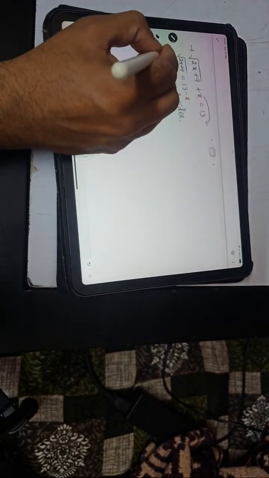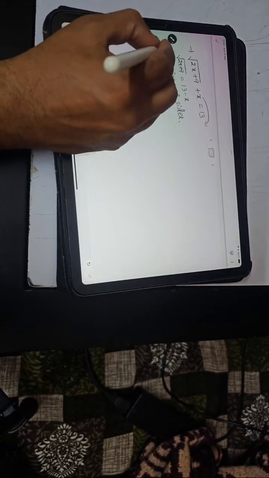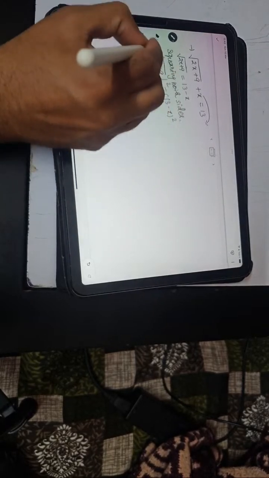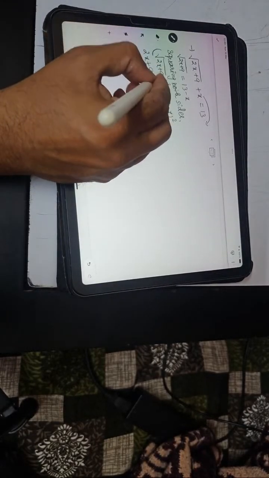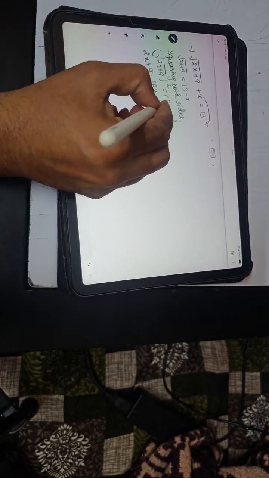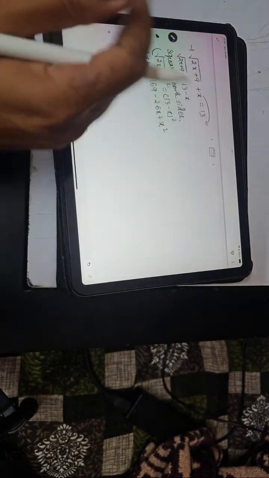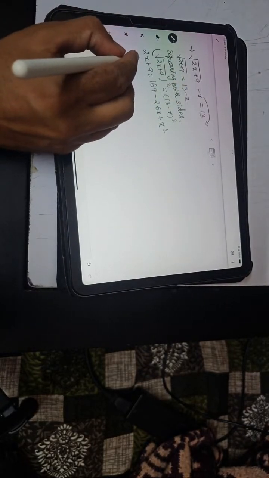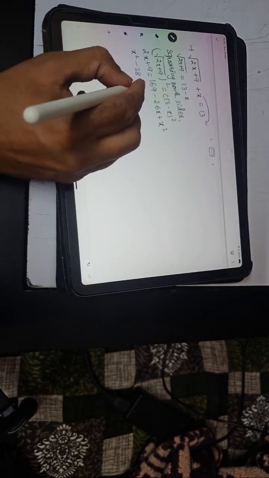So can I say (root of 2x plus 9) whole square will be equal to (13 minus x) whole square? So 2x plus 9 I will get on this side. Here it will be 169 minus 26x plus x square. So if I bring everything on one side, what will I get? x square minus 28x